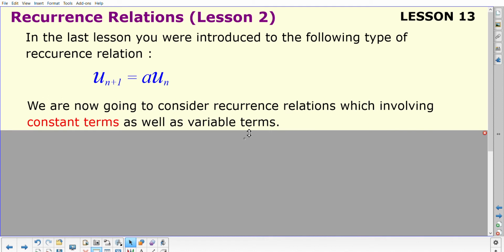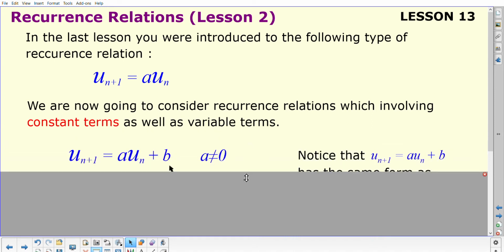our recurrence relations, which have also got a constant term as well as a variable term. The un is a variable term that's constantly changing. You work out u1, then you work out u2, and so on. So that's called a variable where that changes. And what you're going to be looking at today is expressions or recurrence relations rather, which take this sort of format here: un plus 1 equals a un plus,